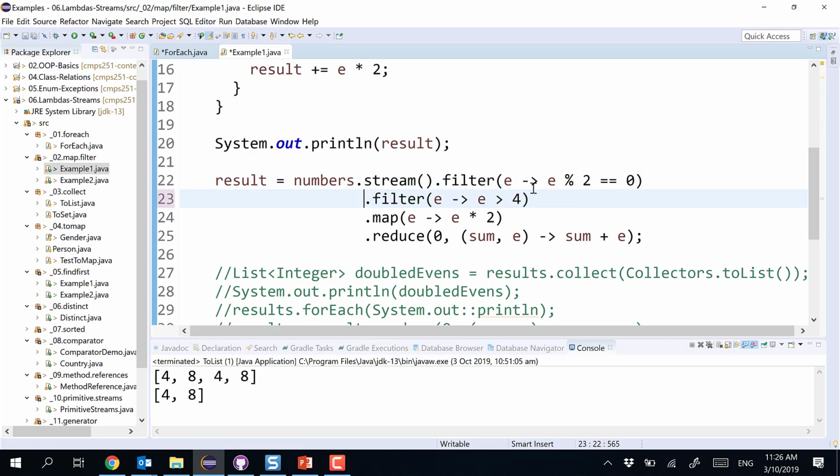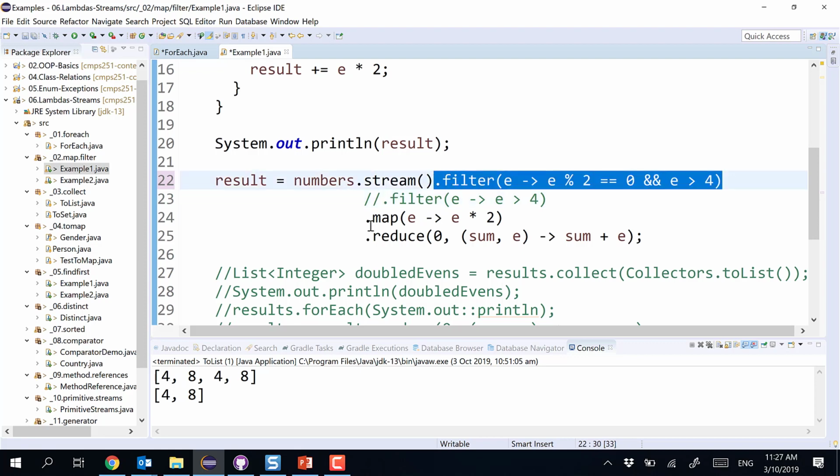I'll say here, please give me the ones that are even and greater than 4. I can do it in 2 filters, but this is not very good. I can just put it here if I wish, and E greater than 4. Yeah, I can do that, or I can put it in 2 filters. It's up to me. Okay, so the ones that will make it out of this filter will go into the